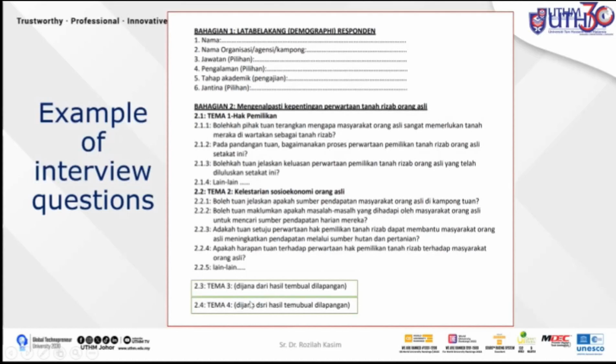As I told you before, this type of interview question form is a live question form. This is a semi-structured interview. Therefore the researcher can reduce or add on, and change accordingly to suit the situation during the